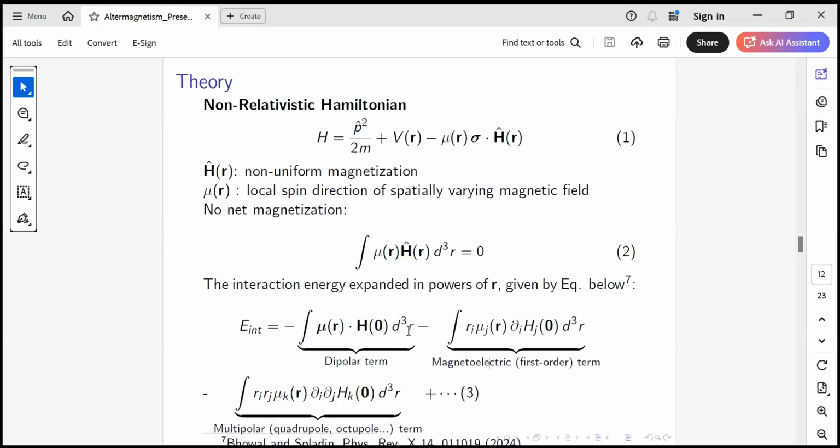In our DFT calculations, the only term that we could capture is the first term. If it is a ferromagnet, this first term will exist. If it is an antiferromagnet, then this first term will not exist. So only up to here we can capture in our DFT calculations. The rest of the two terms cannot be captured. There are some other codes like ELK where we can capture the higher order magnetizations also, but in altermagnets, the first term and the second term are 0.